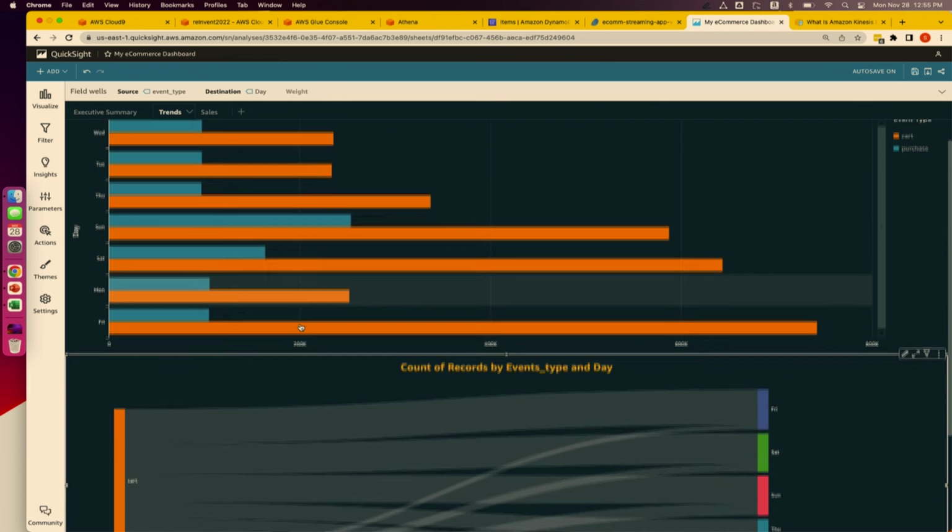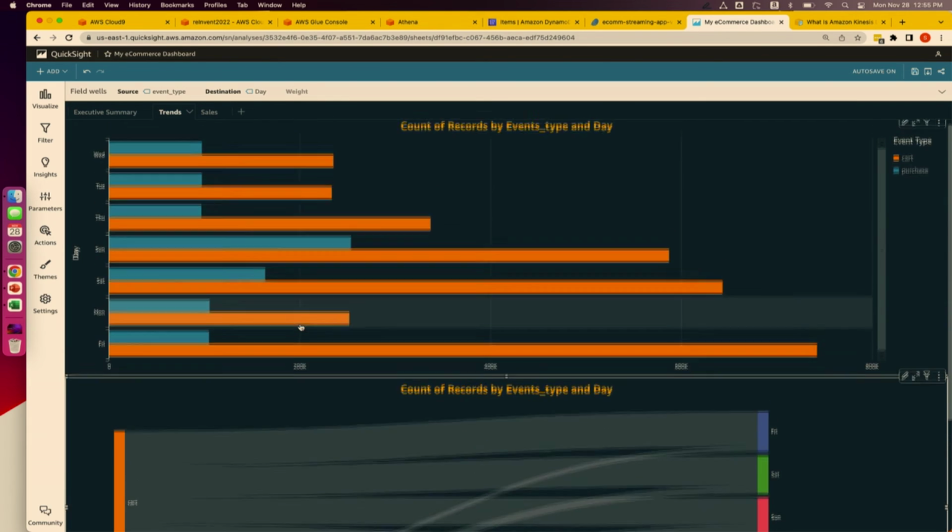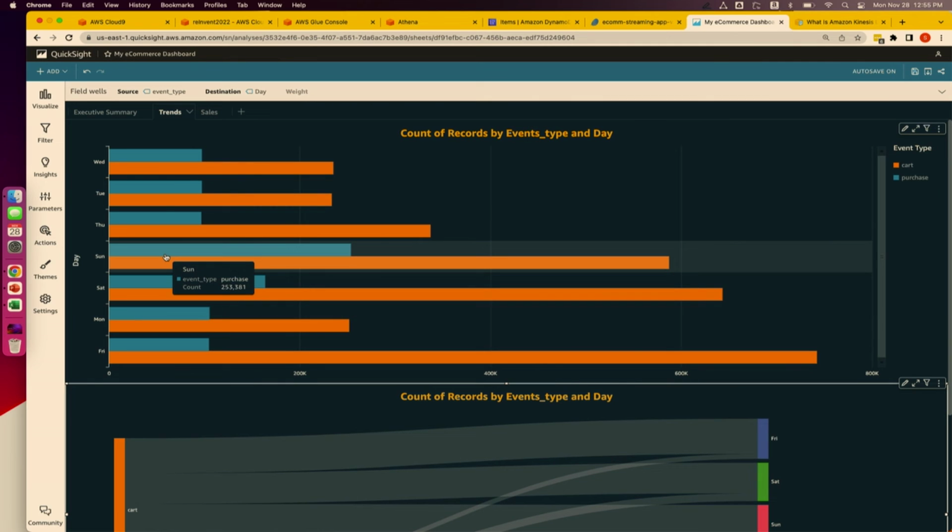If you see this kind of pattern, you can figure out which is the day people buy the most products. And if you see this, it's Sunday. So it might be great if you push any deal or discount on Sunday morning or maybe Saturday evening, depending on different geographies, because this is singular data. You have to connect this with multiple other data which you have, and take some decision.